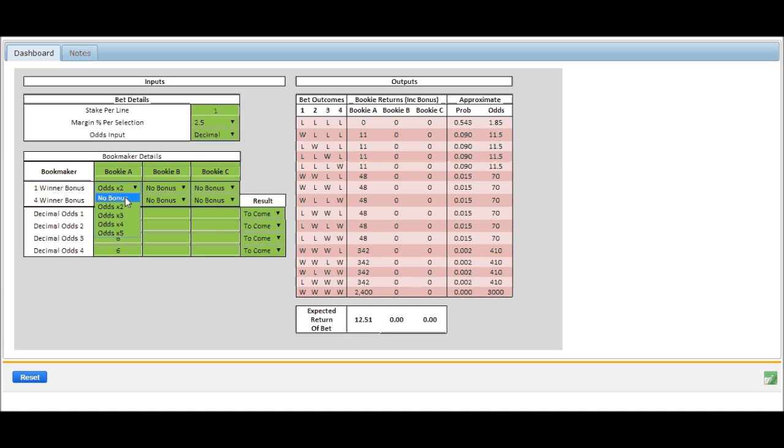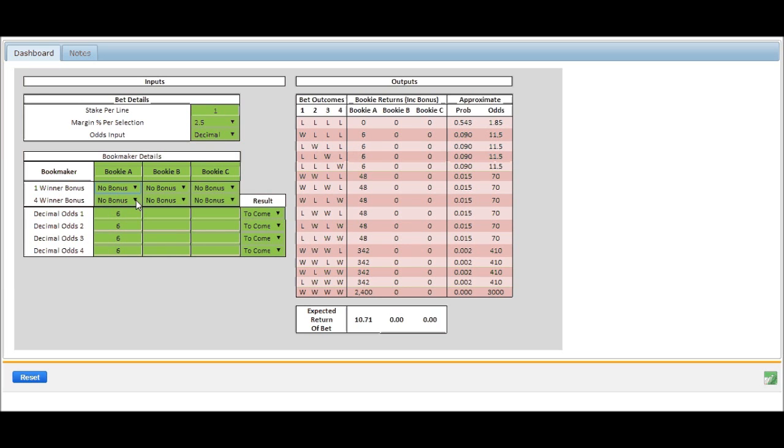So what were we at? We were at 10.7, so it's worth about 2 units nearly. That's pretty good. And then other bookmakers do 3 times the odds, and now we're up to 14.3. So basically, it's looking pretty good now. We're not too far away from expecting to get our 15 units back. So I'll just get rid of that bonus there just to have a look at the 4